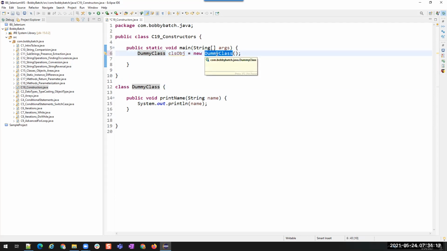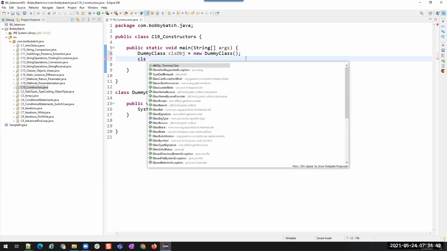Where is this coming from? We are calling this, but where is this method? We are asking to create a new object for this method. But where is this method? Let me show you something.